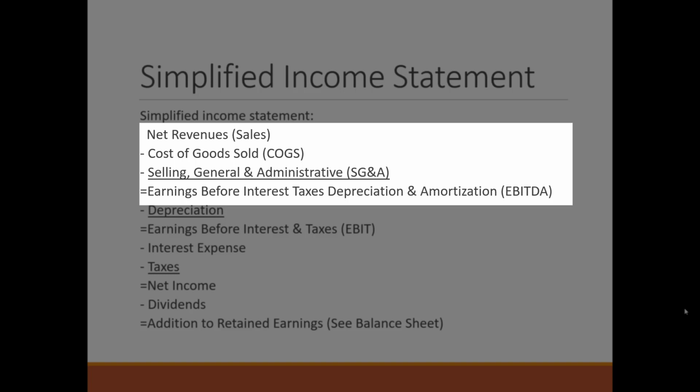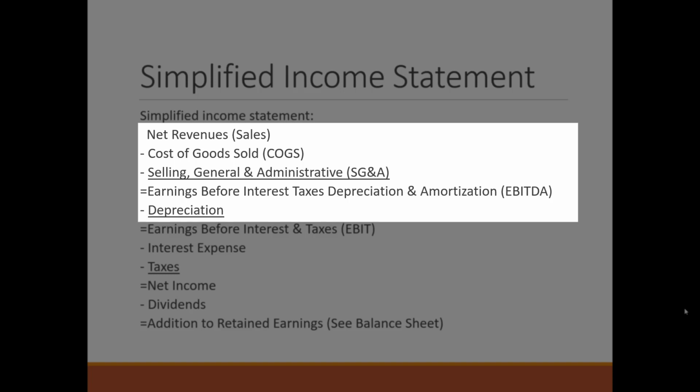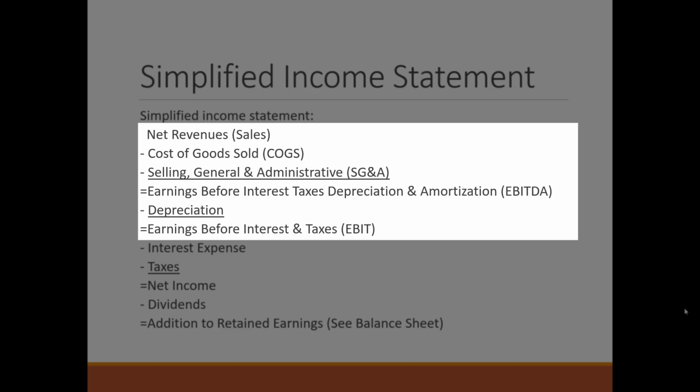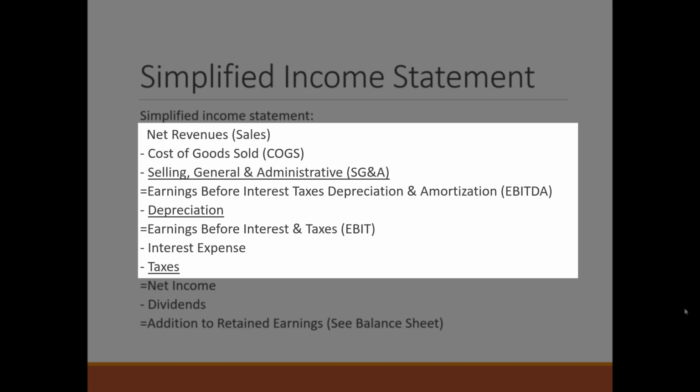and depreciation rules that you're following, and it also takes away any distortions from the taxes and your particular tax scheme that's going on. So it's a good way to compare firms, especially in the same industry, by looking at their EBITDA as a percentage of their sales. So from EBITDA, we're now going to take away depreciation, and that leaves us with EBIT, earnings before interest and taxes. And then from there, we take away interest expense.